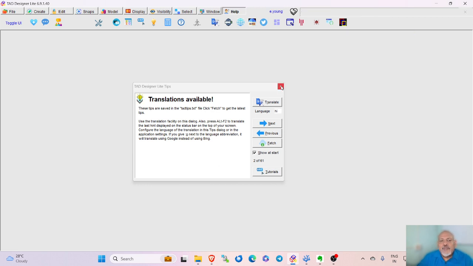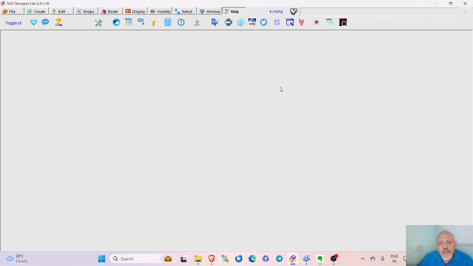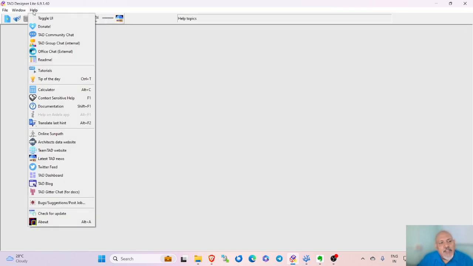If you happen to close it, which I will do now, you can open up the tips again by searching for this particular icon, which is in the help toolbar. TAD also has another user interface, which you can toggle to, and you can search for the tip of the day dialog here.